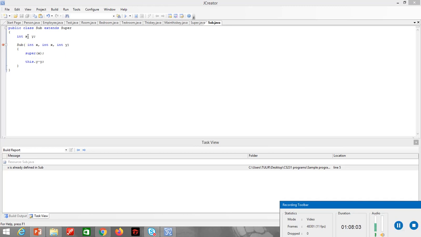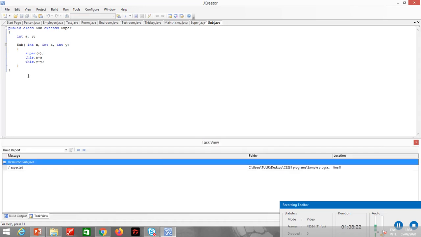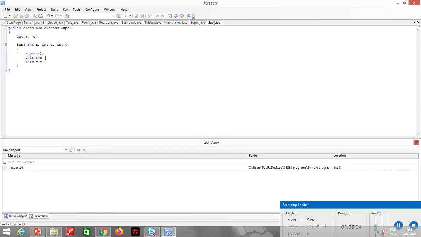So it will give me an error. Let me try to change int x to int a. I will do this type of program later. So this.a is equal to a. I think it will not give me an error now. I will check it later.